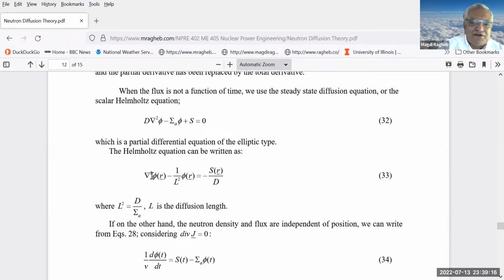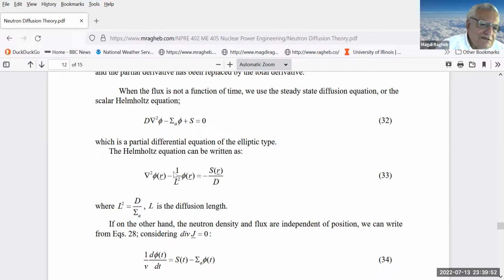We'll start with the spherical geometry. It's an easier one to deal with because there have been reactors in the shape of a sphere, but existing reactors are in the shape of cylinders. So we solve it also in the cylindrical geometry, and you can build a reactor in the shape of a cube, like the Chicago Pile #1. In that case, it's in the Cartesian form. So this is a form where you could see there is no dependence on time. And this describes the steady state behavior of neutrons in any medium,